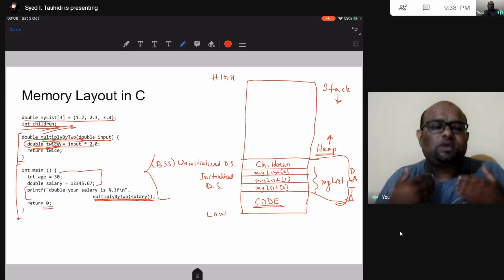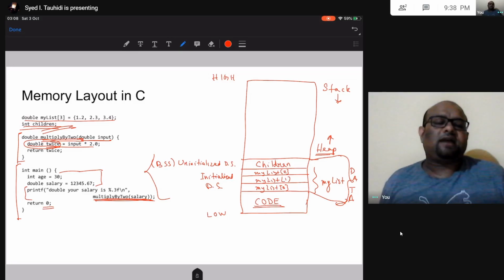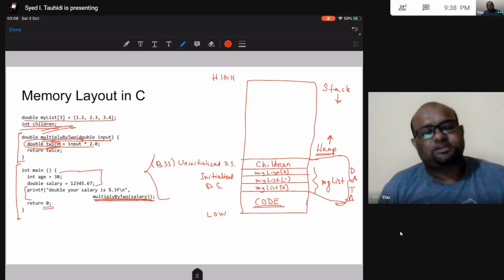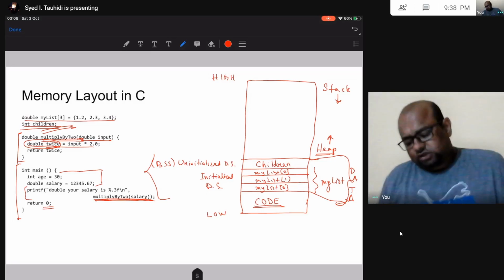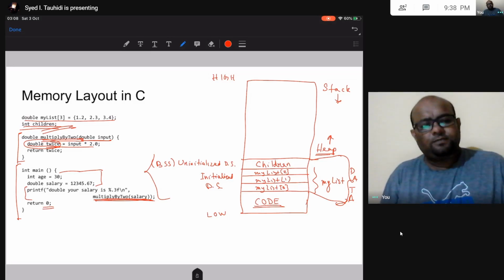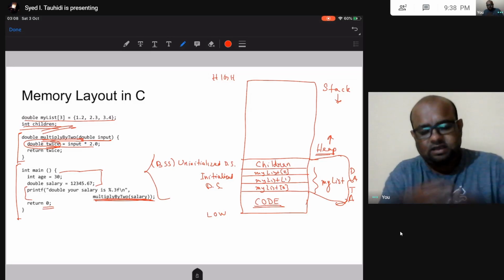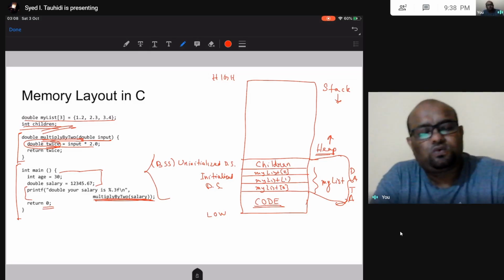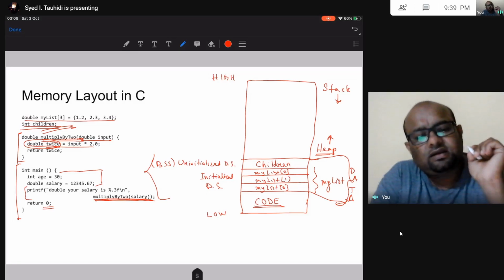So we are not wasting any memory, and our array is going to accommodate all the students, right? So now I'm going to allocate memory for my array of marks. When am I allocating this memory? I am allocating it at runtime.